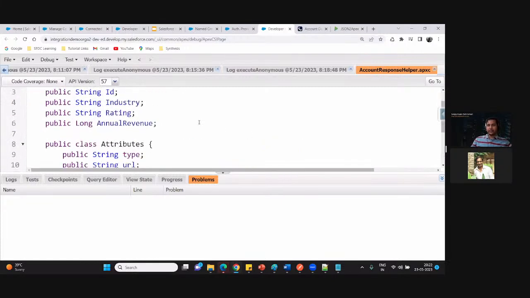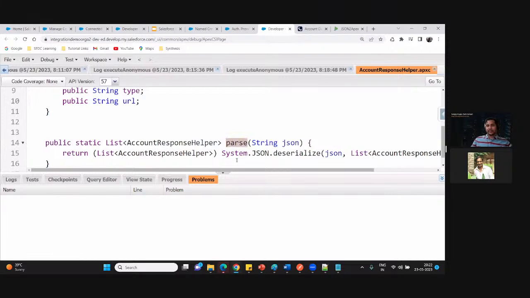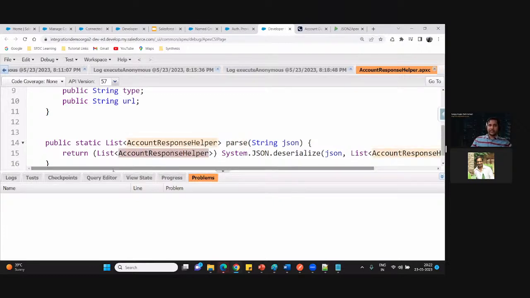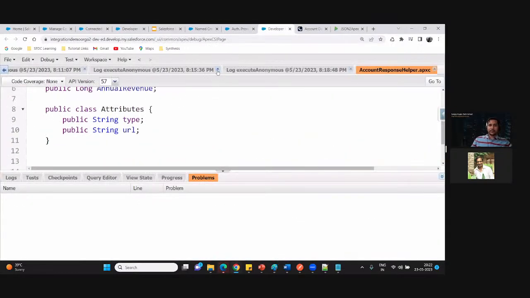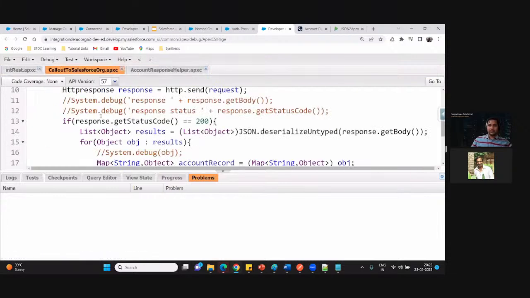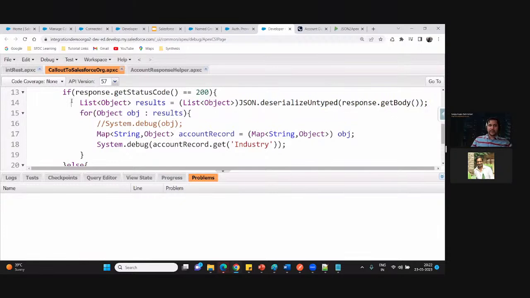So in this class, we do get one method, that is the parse method. Internally, again, parse method there, it is using the JSON classes only. But your job only is to call this parse method and pass the output, and what you will get in the response is the account helper. What you will get in the response is the list of account helper. So another way of parsing is, let me close this. Either you can use this approach that I showed you here,